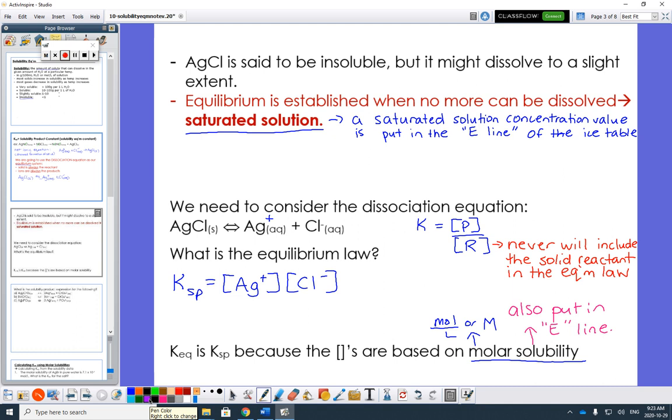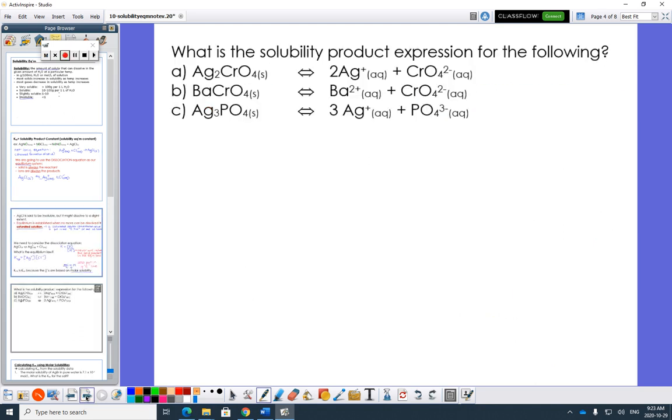Okay, so the first example we're going to do is just writing the equilibrium law. So basically I did one that has a 2, one that has just ones, and one that has a 3. And really that's it. There's not a lot of variety because you can't have that many different charges. Okay, so the first one, again, never including the solid, we have silver with a coefficient of 2, so it